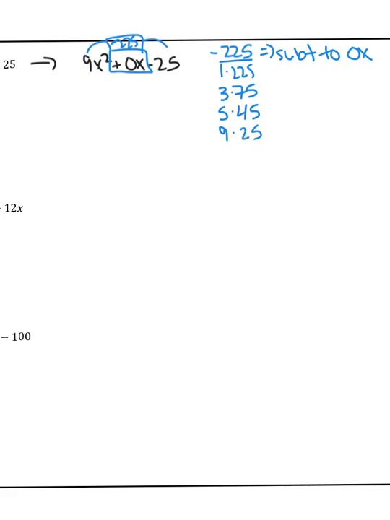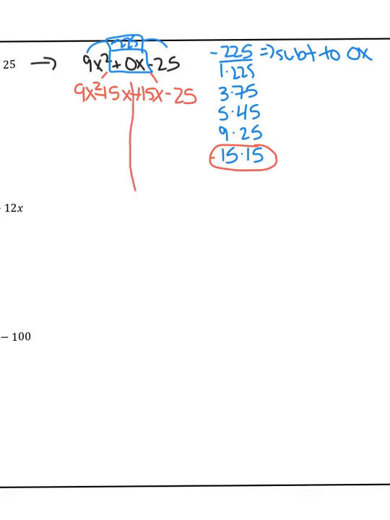10 does not go in evenly. 11 does not. 12 does not. 13 does not. 14 does not. But the number 15 does. 15 times 15. Hopefully you were kind of looking for this, right? We need to subtract to 0. We need to find where they have that same number, opposite signs, right? So if I was going to then subtract this, I have 9x squared minus 15x plus 15x minus 25,